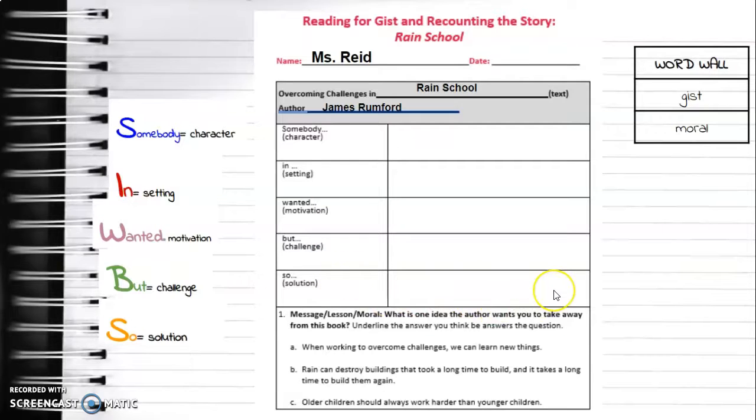So take 15 minutes and do this part right here. Look back in the book, in our video on here, and look for your information. Look for those things that are going to be your answers here. And also take a look back at the graphic organizer we did last week if you get a little confused and you don't remember what to do.